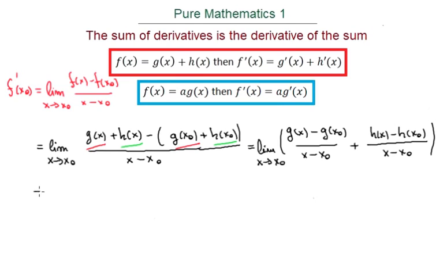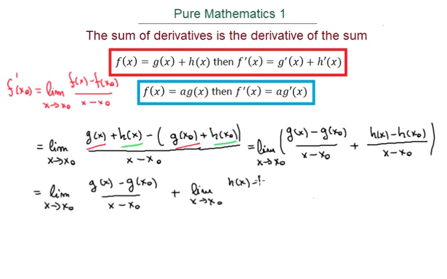So then this is actually equal to, we can split it into two limits. Limit when x tends to x0 of g of x minus g of x0 over x minus x0 plus the limit when x tends to x0 of h of x minus h of x0 over x minus x0,